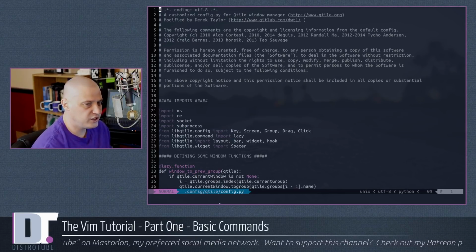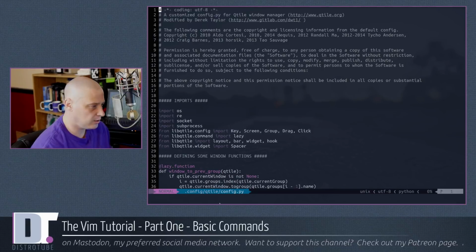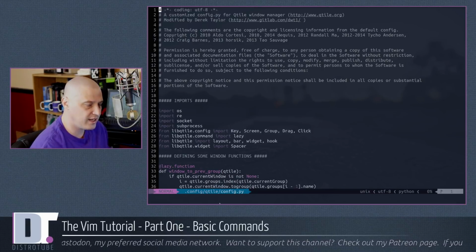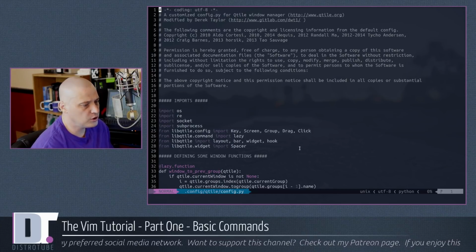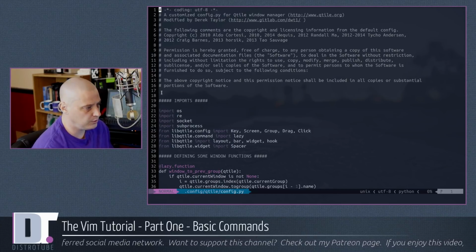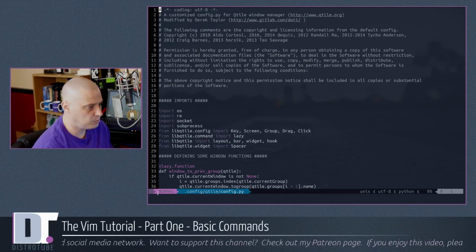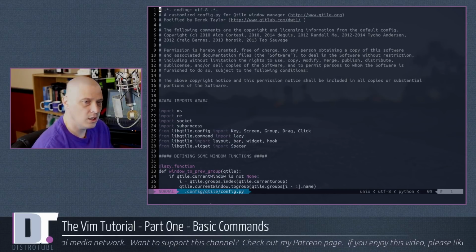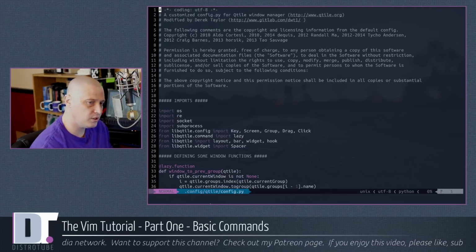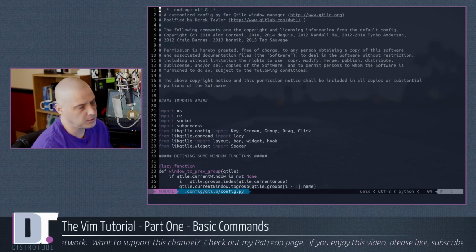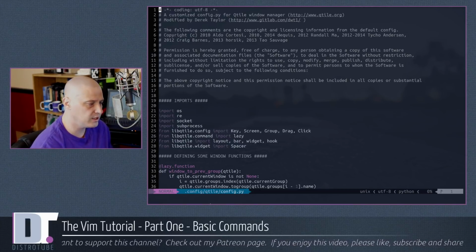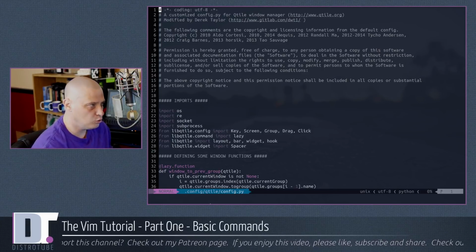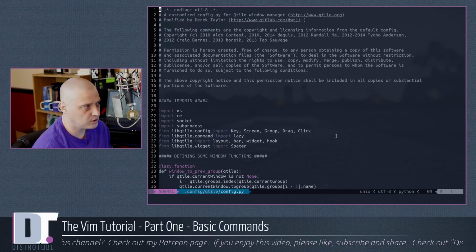First things first, Vim is a modal text editor. What does that mean? Modal. It means it has modes. Vim has several modes. The first mode you need to know about is normal mode. You guys see at the bottom in my status bar the word normal here. You won't have the status bar, but you will also see the word normal at the bottom of your Vim. That means we are in normal mode. Why is it normal mode? Because that is the mode you should be in most of the time. That is why it's called normal mode. Now, what does normal mode do?